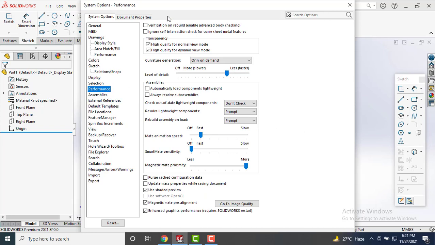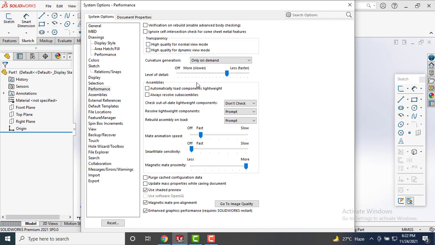In Performance, first of all, have a look at Verification on Rebuild. This will help in modeling very complex parts, but it also adds a long processing time. So it is better to keep it unchecked. Also in Transparency, uncheck these high quality boxes.